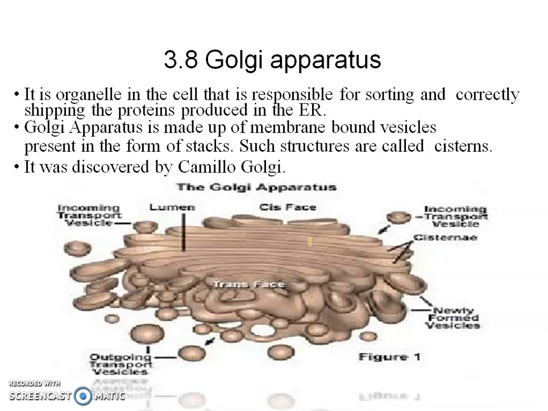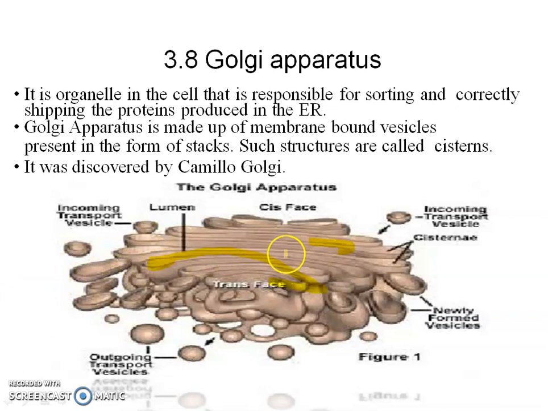Like in a book, when the papers or the books are kept one over the other, we say that there is a stack of books. Similarly, here the membranes or the vesicular structures are piled over each other to form a stack. Here you can see the structure also, how they are piled here, and these vesicular structures are piled over each other.